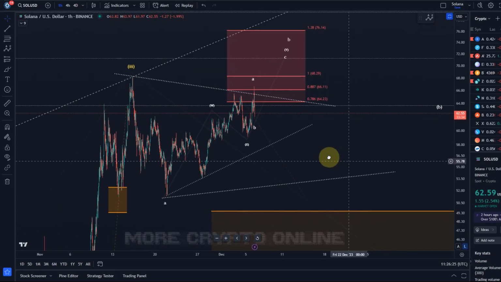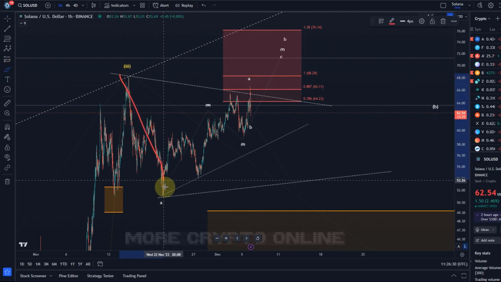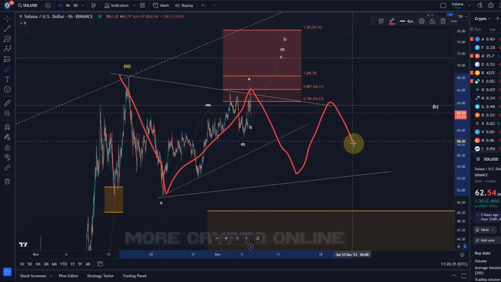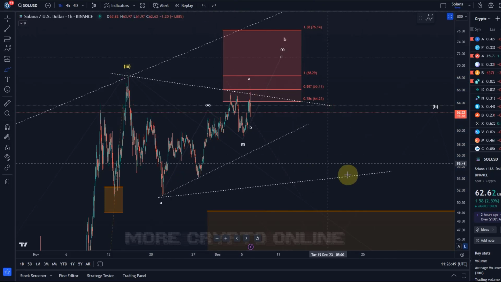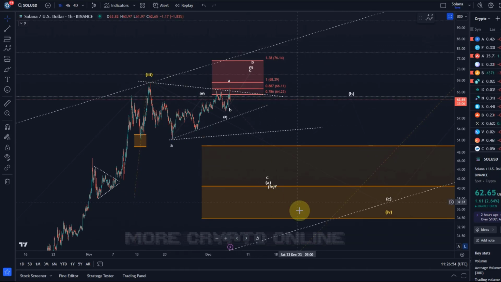It's still possible that a triangle is forming here. That's still something I'm observing, but we need more legs for that, more waves. That is how a triangle would look. I need 5 legs in a correction of a triangle, which means as soon as we have another higher low, we can start to talk really about the triangle and discuss how the triangle might actually serve as a setup for higher prices. Until then, I assume that a normal ABC structure is unfolding, and we just wait for evidence that this C wave to the downside has actually started.